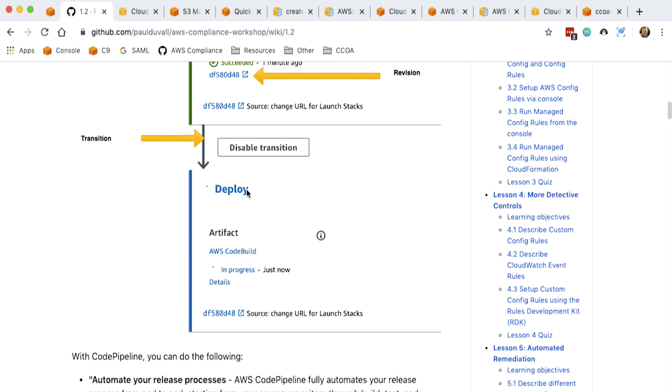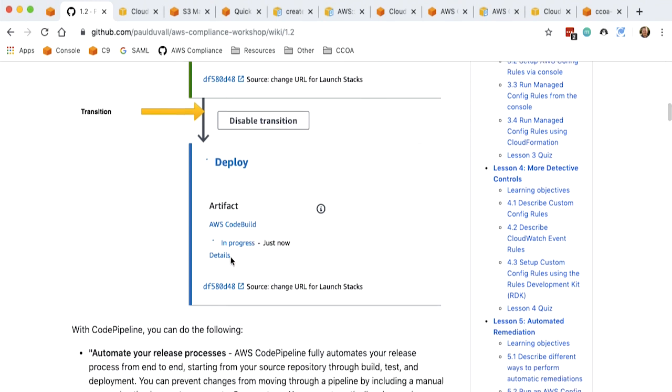Deploy stage. Again, you can call these, there's a naming convention or a naming standard that you're able. And then we have another action within that deploy stage called an artifact. And it's using AWS CodeBuild as its provider. And so we'll see some of the different examples of which you can pass into this. We can see that this is in progress. I can click on the details, see what's going on, and then I can see the comments associated with that particular revision. So with CodePipeline, you're